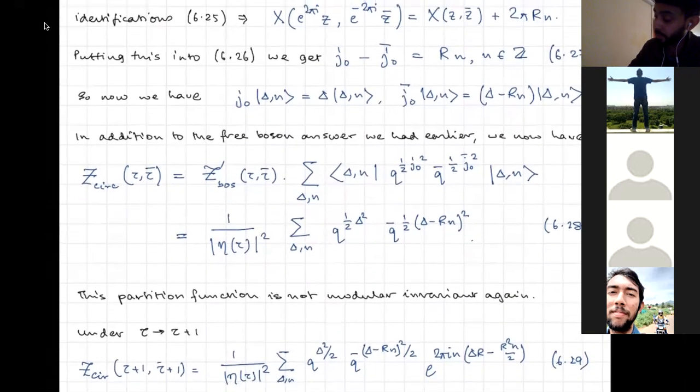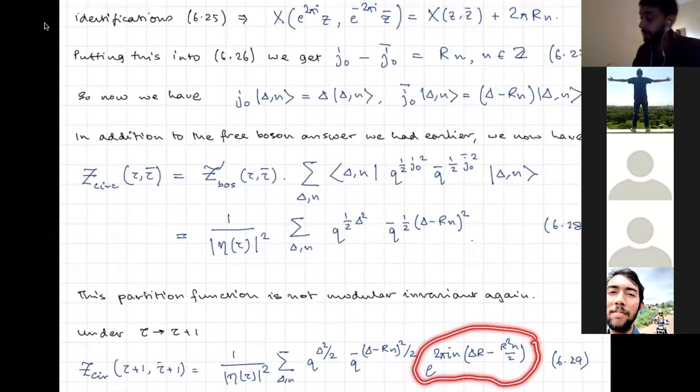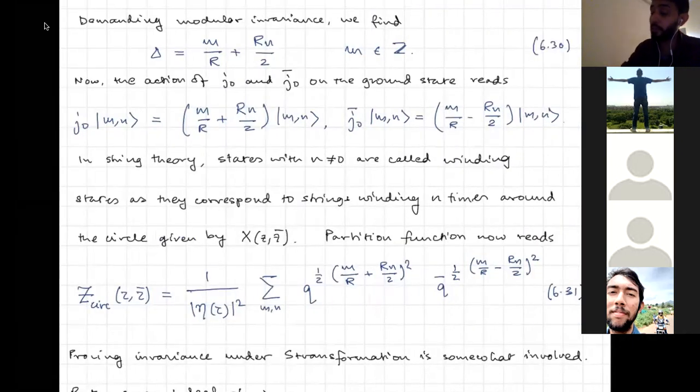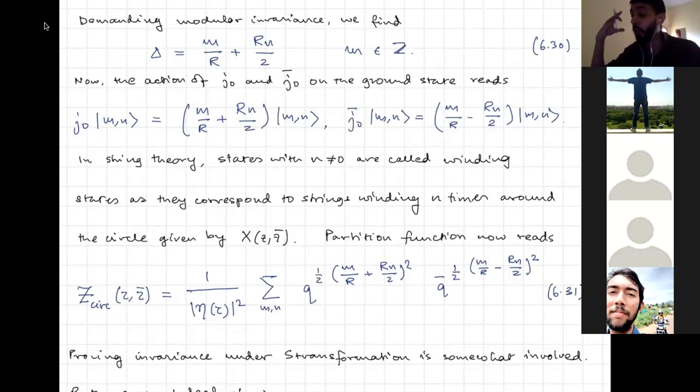It picks up this extra piece out here. So if we demand that the partition function of a free boson on a circle is modular invariant, what we find is that the spectrum is going to have a certain form. Okay, so if this spectrum has to have a certain form, then what do we get? What we get is